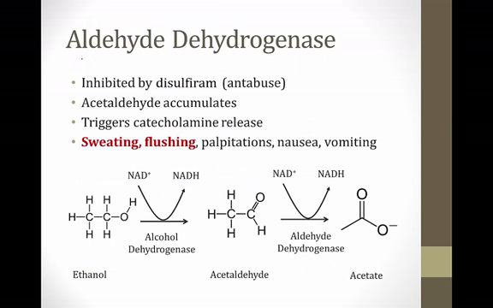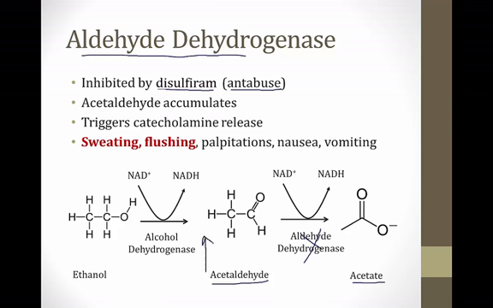The enzyme that catalyzes the second step in the metabolism of ethanol is called aldehyde dehydrogenase. This catalyzes the conversion of acetaldehyde into acetate, and there is a drug that inhibits aldehyde dehydrogenase called disulfiram. It also goes by the name antabuse, and this is given to alcoholics in an attempt to limit their abuse of alcohol. If you inhibit aldehyde dehydrogenase and then the patient consumes alcohol, levels of acetaldehyde in the plasma will